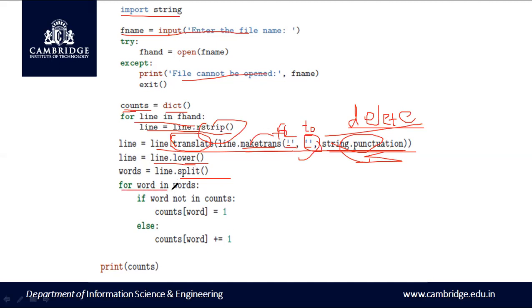And then we have the inner for loop, which will traverse through each of the words in these words, and then it will count the occurrence of the words. So here the most important thing is this maketrans. So you have to understand this maketrans. It has three parameters. One is the from parameter, the to parameter, and the delete string. So from string to string. So whatever you specify here will be converted to this, and it will delete whatever you specify here.